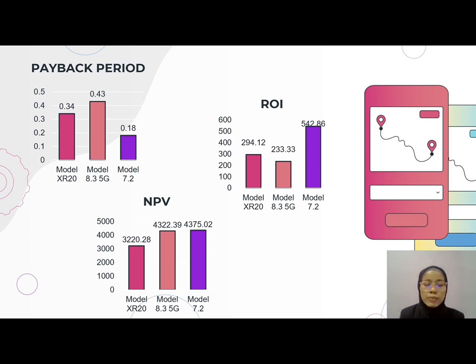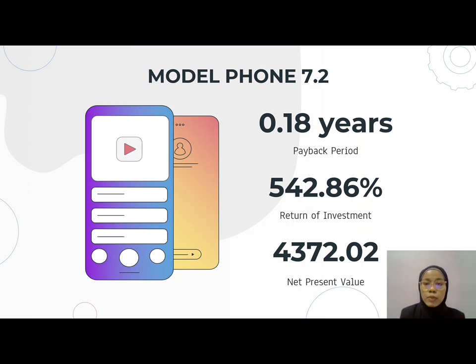And for the NPV, we can see that model 7.2 is slightly more profitable than model 8.3 5G. So in the end, we can conclude that model phone 7.2 is the better option for this project with 0.18 years payback period,